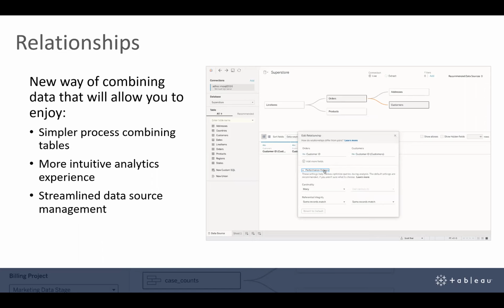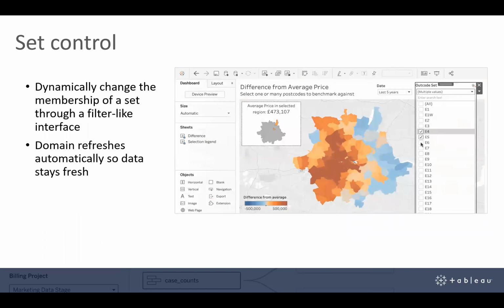And we're expanding Tableau's range of analytical options as well to power your dashboards and how people interact with them. In 20.2, you can now perform set analytics with the same ease and familiarity as using a quick filter to drive complex analysis. With these new set controls, you can dynamically change the number of members of a set using a quick filter-like interface. It supports both single and multiple selections by simply clicking to select or deselect items to control which values are in the set.